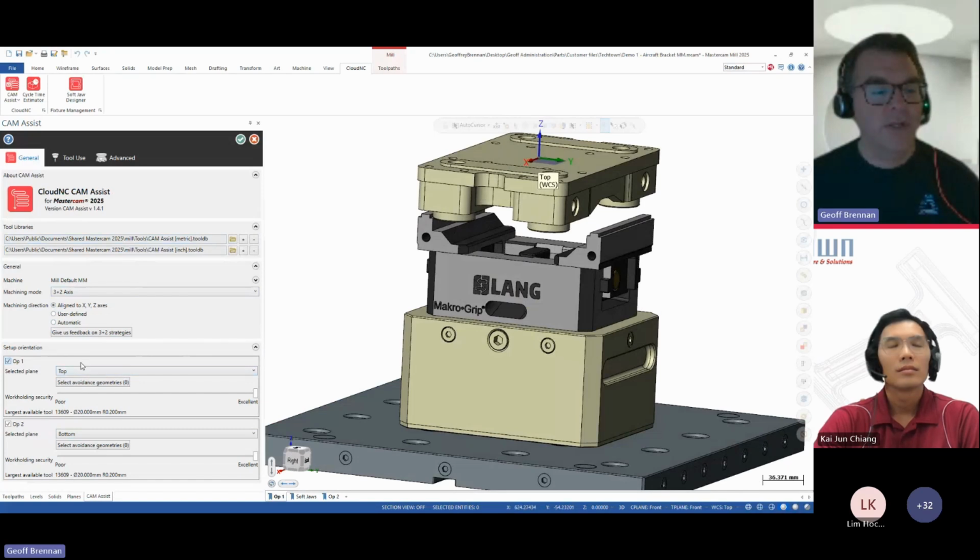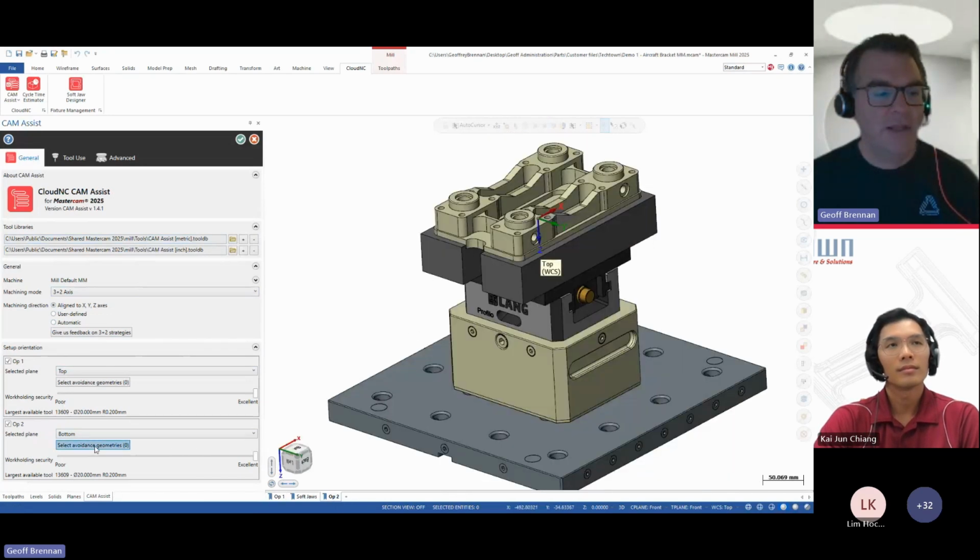However, the avoidance geometry will allow you to do whole operations. So we're going to set our avoidance geometry here for those soft jaws that we made. I'll open up the op2 view here, and I'm going to pick avoidance geometry. So I've got those defined here. The work holding security here basically at this stage controls the tool library a little bit. Just for the demo on op2, my soft jaws are secure, but I'm going to drag this down a little bit, and in that list you'll see the maximum tool diameter will change.